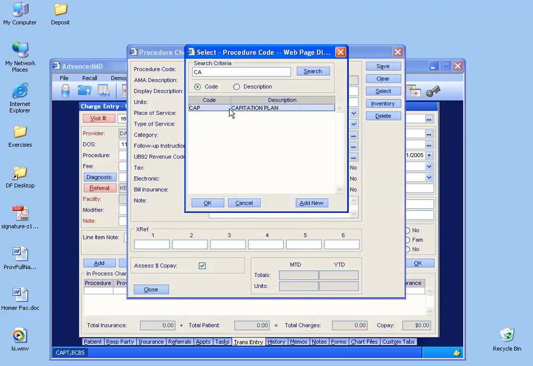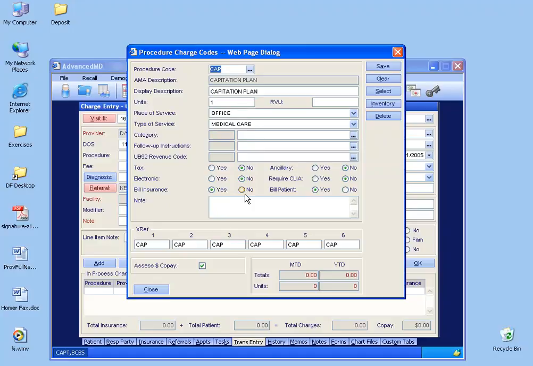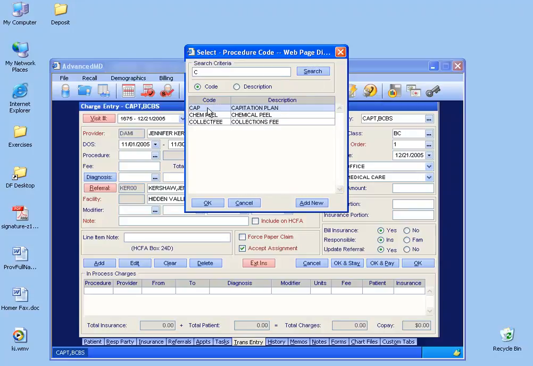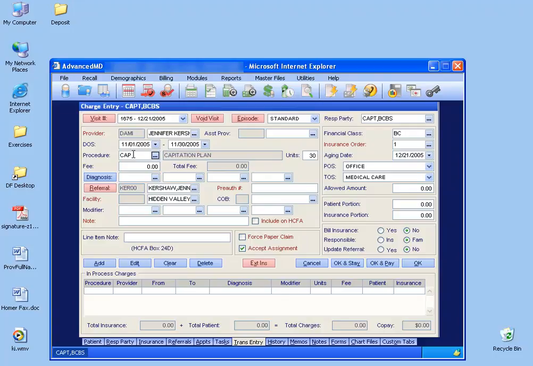Since I already have mine in the system, I can double click and it'll pull up. When you've typed in the information here, at least the procedure code and the display description, go ahead and click Save, close out. You can do a search here and then click the search button and then double click on your capitation plan. After you have your code up, type in the actual fee or the amount, in this case of the check,